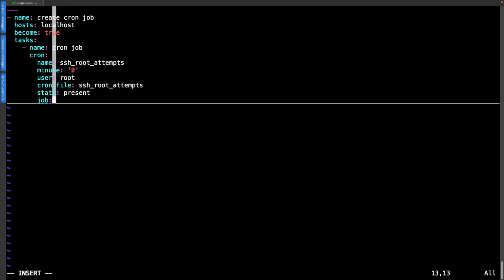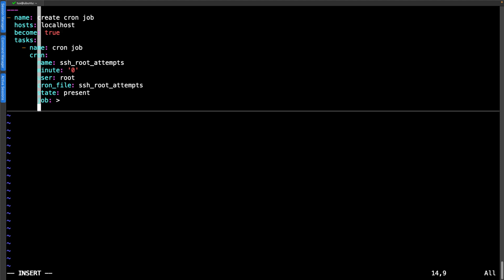Now, I could specify it all on one line, but that's going to make a very long line for this particular job. So we're going to use the YAML fold operator, the greater than fold operator. With the greater than fold operator, this specifies to YAML that where we put in carriage returns, they are not going to be maintained.